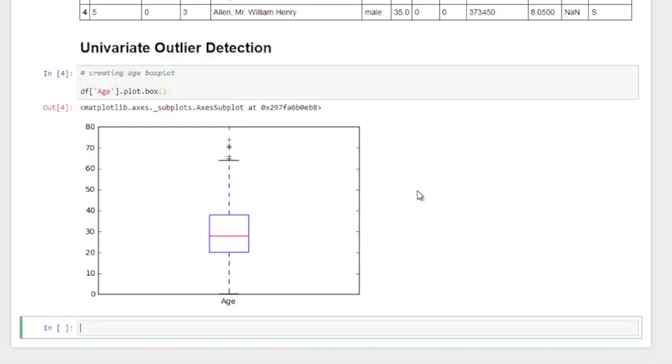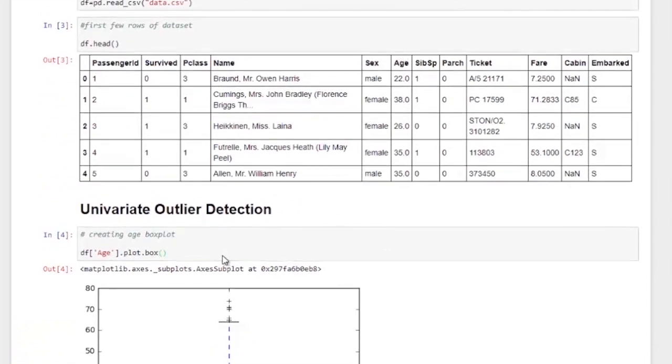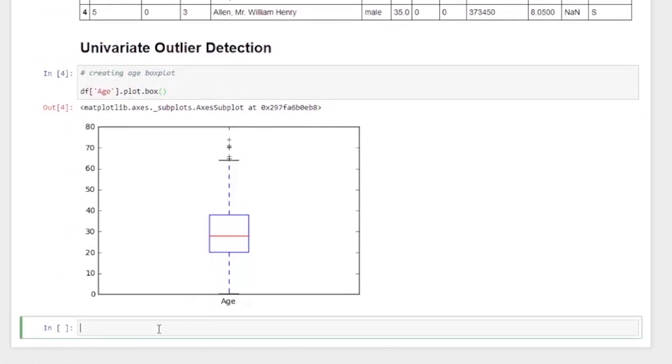Also, we studied in the previous video that we can use a scatter plot to detect bivariate outliers. Let's see if there are any bivariate outliers in the scatter plot of age and fare. Let's just plot a scatter plot for these two variables. First of all, let me create a markdown for the bivariate outlier detection.